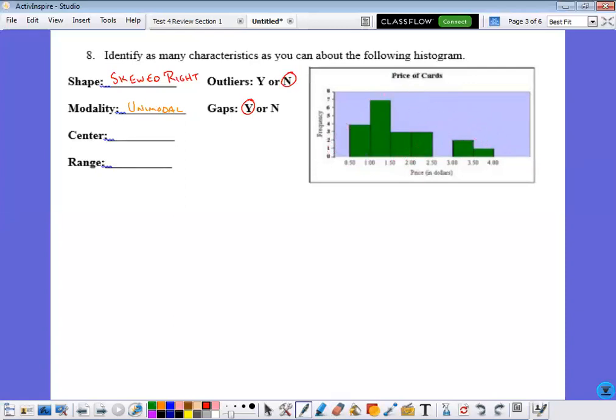Remember to find range. We talk about our beginning, so 0.5 to 4. So that's how we're going to denote our range. I'll write it as 4.0 because that's what they have. But 0.5 to 4. And then for our center, remember, we had to go ahead and label